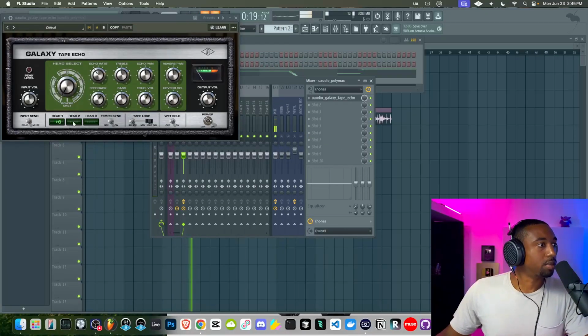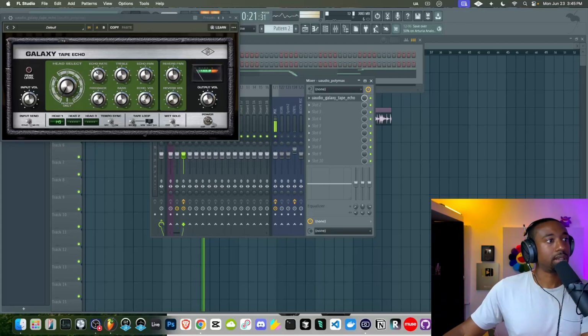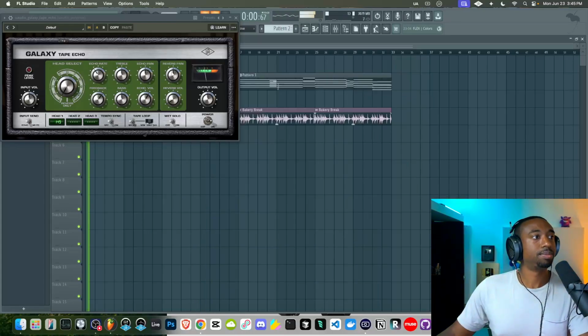If you have to figure out how to control the mix level for this plugin, I think you just use the volume knobs.